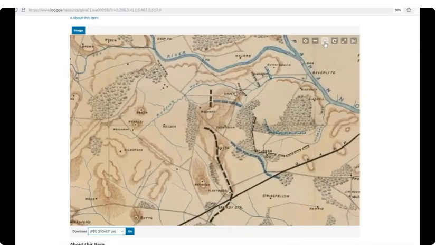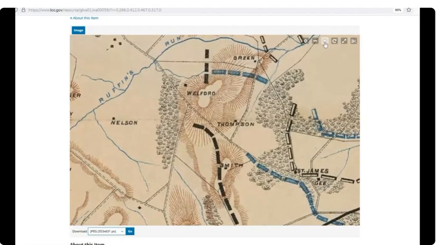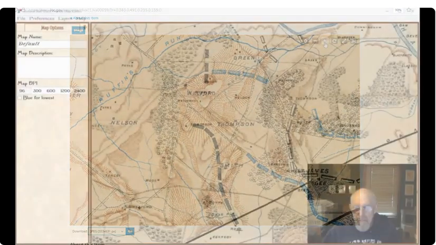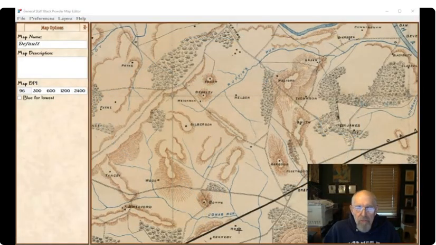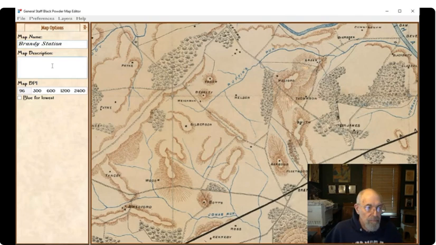So now that we've got the map up in the background, as I said, Gary made this map and cleaned it up, which took the positions of the troops off. That's the tricky part. And once you've got that, then we're pretty good. So we're going to give it a name. Now that we have the map, we can start adding things, we can start drawing things.